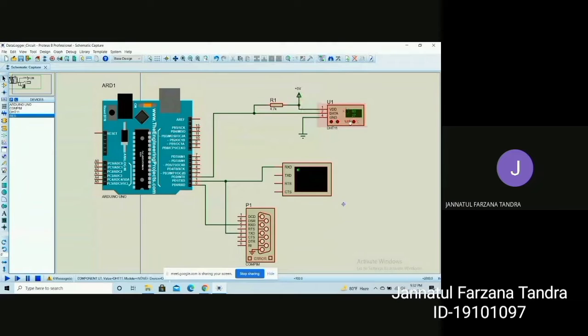Then we have connected pin number 1 of our Arduino, which is TXD, with the RXD pin of the virtual terminal. Then this wire is connected with the TXD pin of our COM physical interface module. And lastly, we have connected pin number 0, which is RXD of our Arduino, with the RXD of our COM physical interface module. So we have uploaded our hex file in this Arduino. Then if we simulate this file,